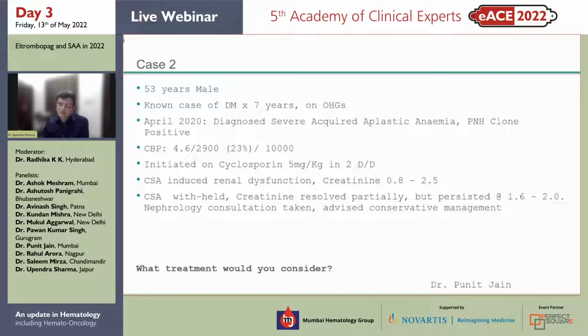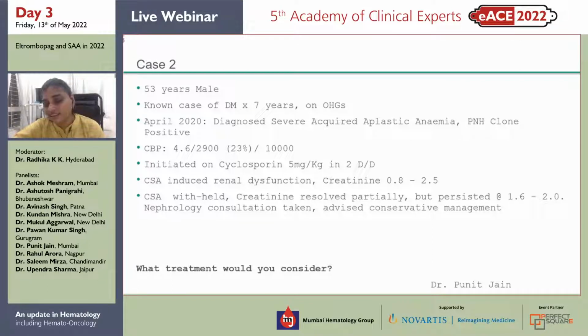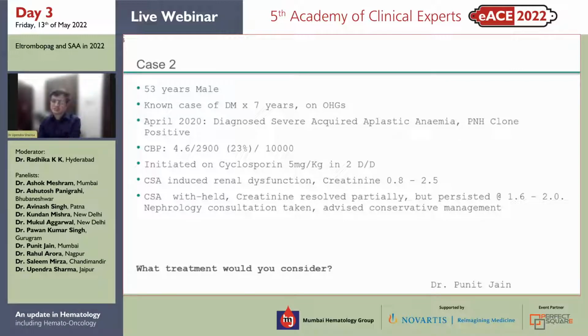And if this response is robust, we stop Ruvalate. Else, if it is say, partial response, we continue for some time with Ruvalate. Do you want to replace cyclosporine with any other drug, alternative drug, danazol, anything? So literature doesn't support evidence for any other immunosuppressive medicine. We can combine other medicine, but the overall response rate has not been much of benefit. There can be side effect with those medicines, but giving say mycophenolate, sirolimus is not a good option for such